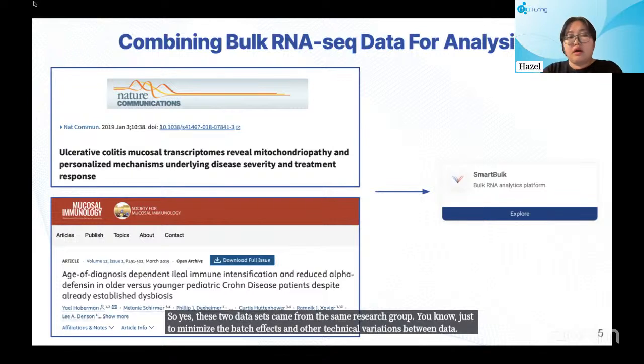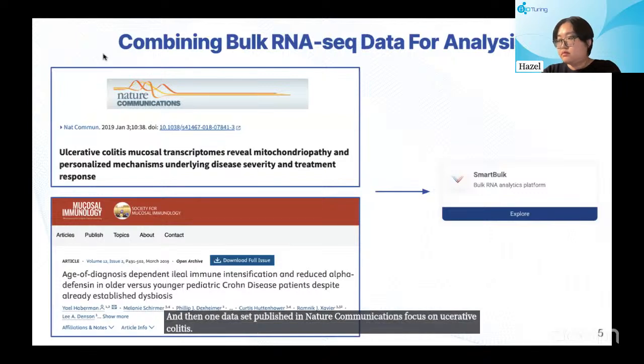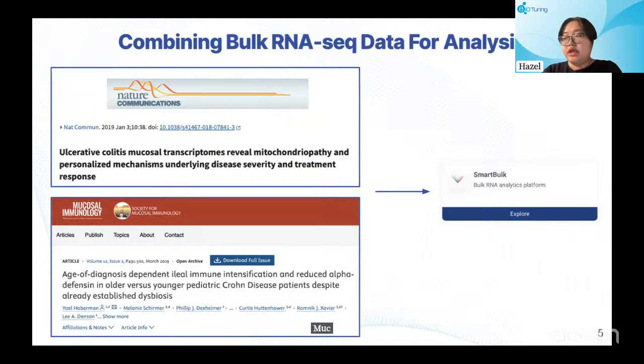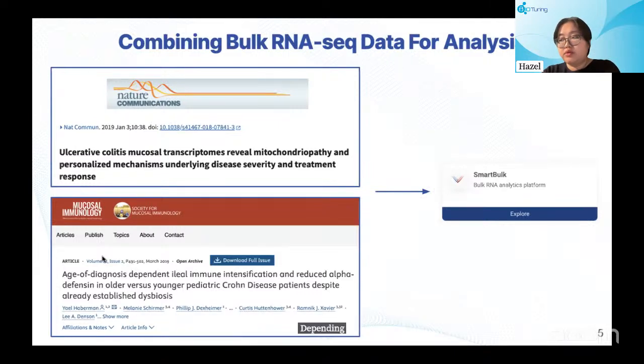One data set, published in Nature Communications, focused on ulcerative colitis mucosal transcriptomes, investigating the mechanisms related to disease severity and treatment response. The other study, published in Mucosal Immunology, examined the age-of-diagnosis-dependent immune responses in